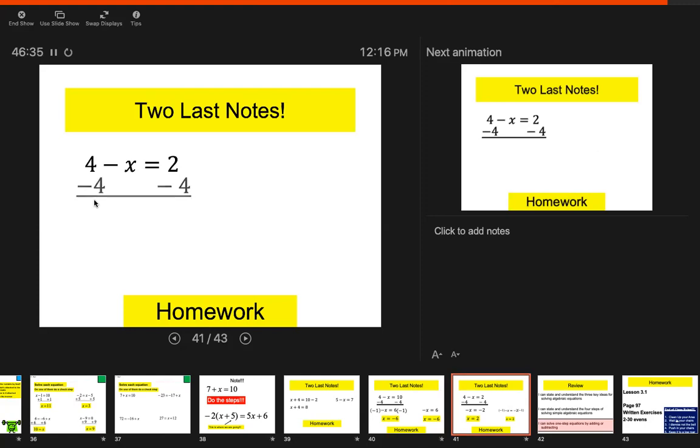Last 2 notes. What am I saying here? Just another example. Chris, 2 minus 4. Same or different signs? Subtract. Subtract. More negatives, more positives. More negatives or positives. So therefore,